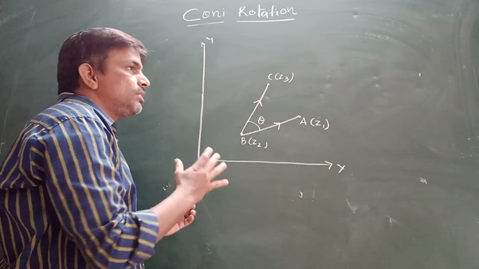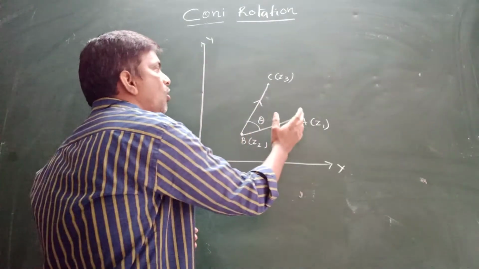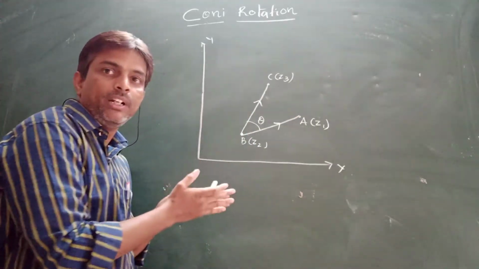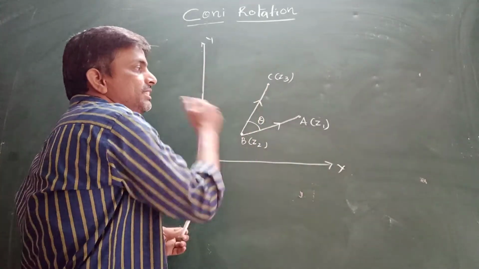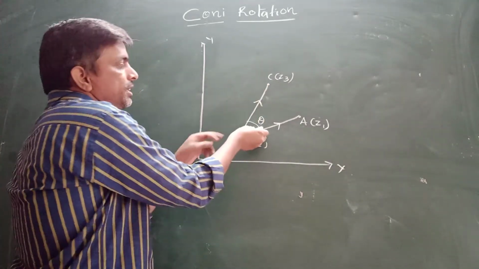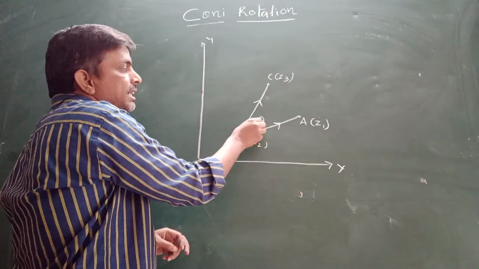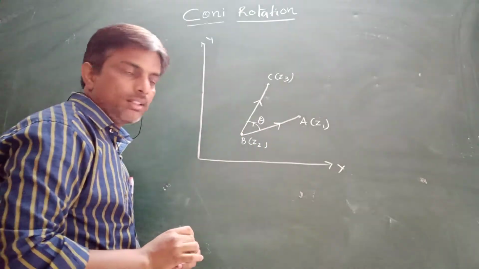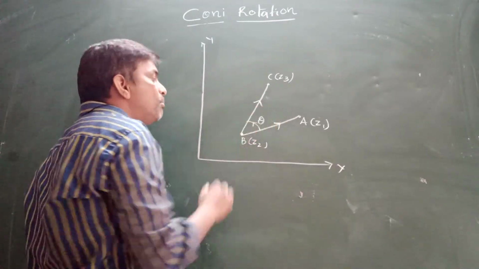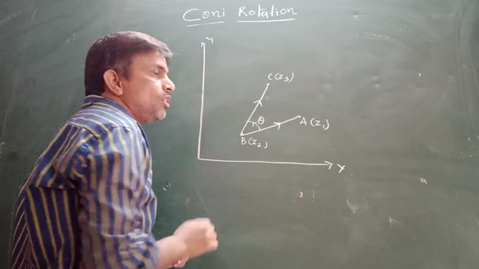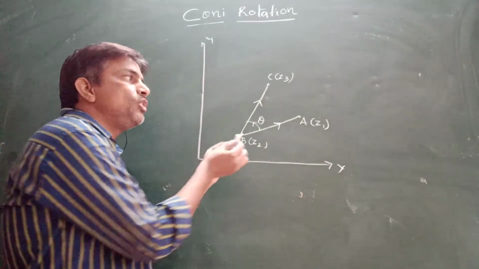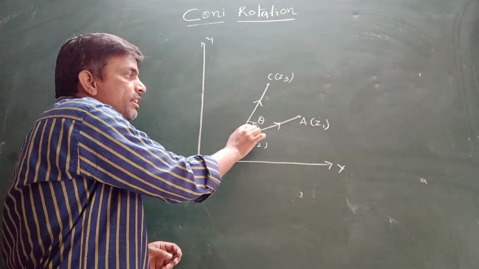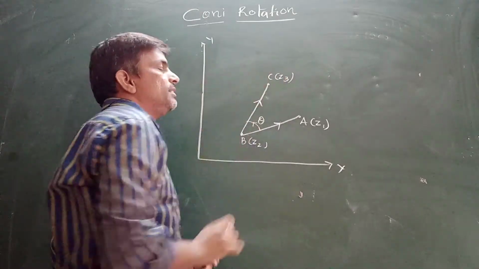Now, by using the co-rotation theorem, I can connect all these terms. Already I explained how you connect three complex numbers and theta. Here BA is rotated in the anti-clockwise direction with an angle theta to reach BC. BA is rotating about point B, so B is called the pivotal point. Pivotal is nothing but the point about which we are rotating the ray.